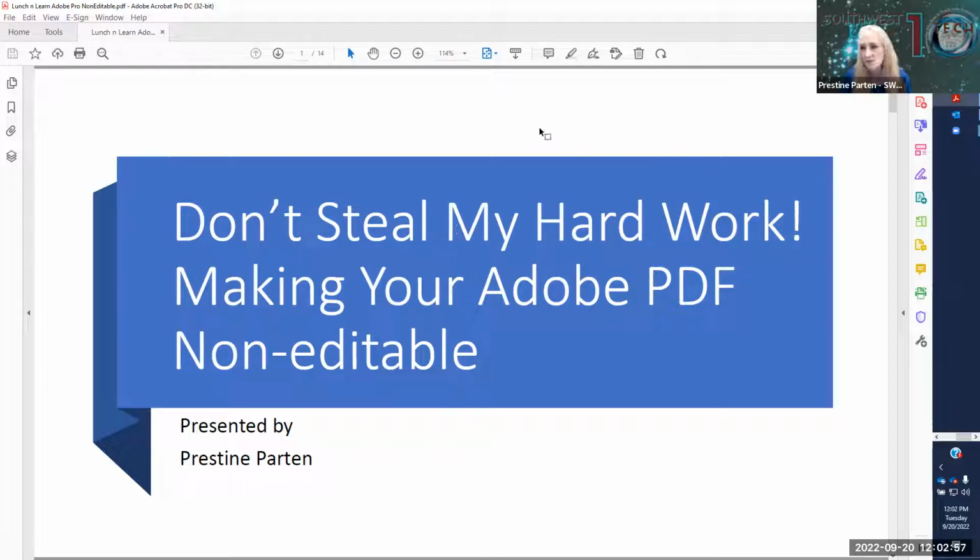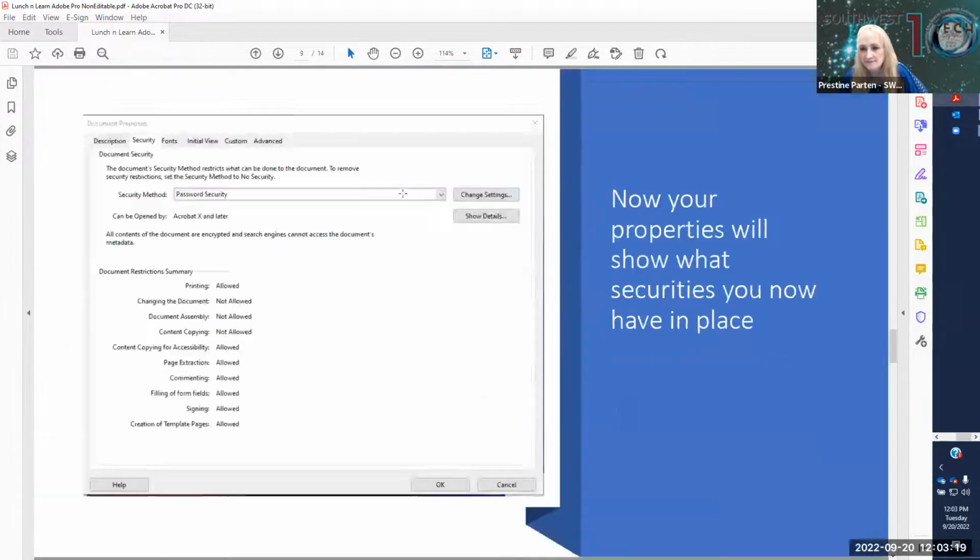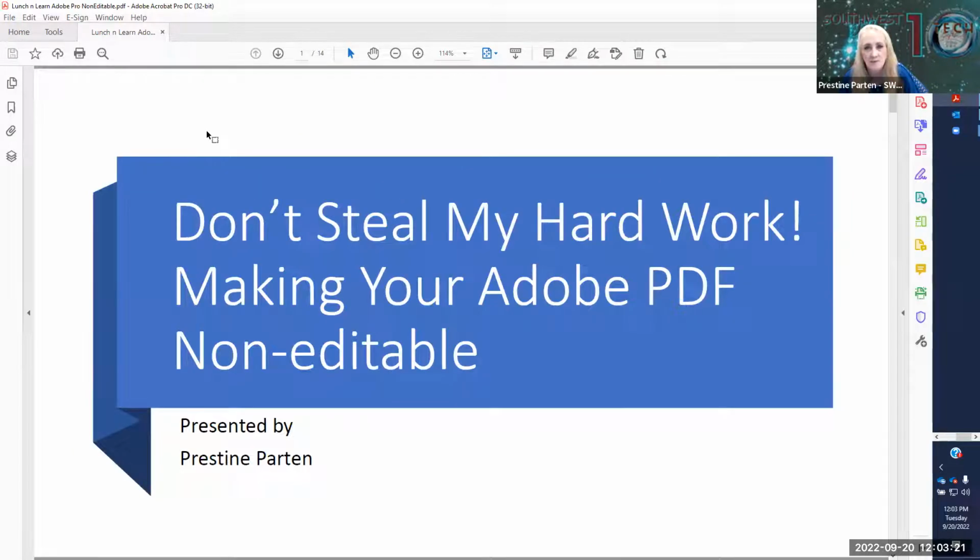So here we have a PDF opened in Adobe, and this version is Adobe Pro, but I do believe that your regular Acrobat Adobe is going to work just the same way. I did try it out on another computer just to make sure those options were there, and I did see them, so this should work. Okay, so I've opened up a PDF, and it's just a PDF of the PowerPoint that I was starting off with. And so you